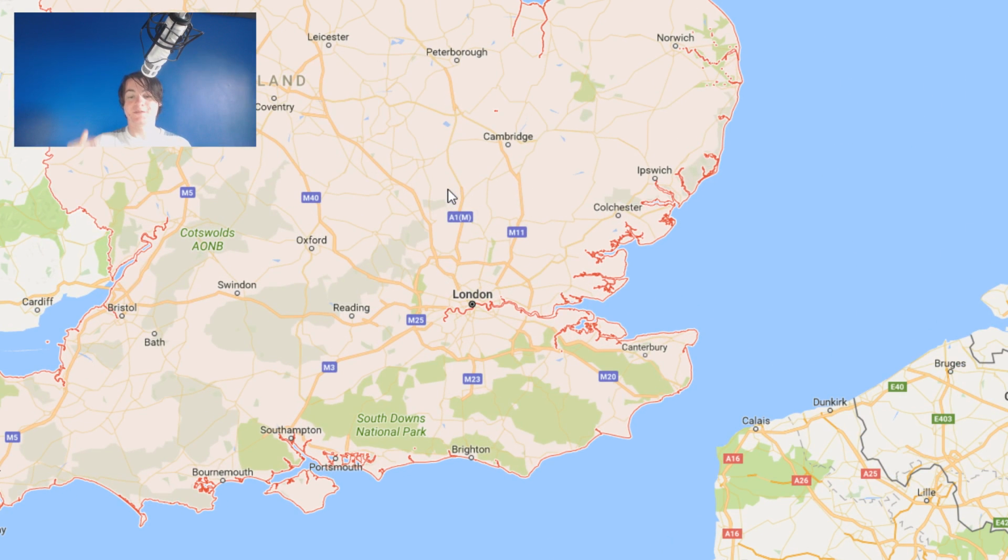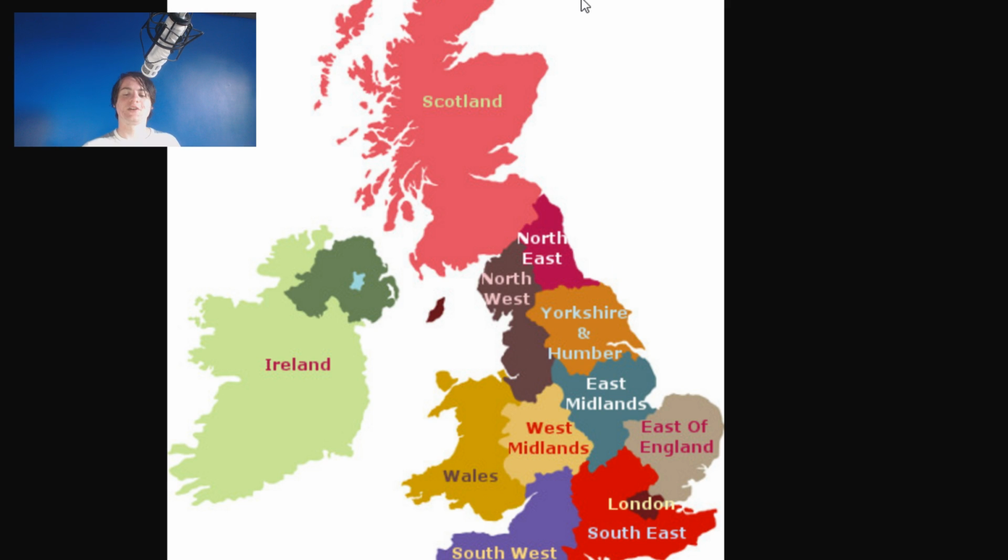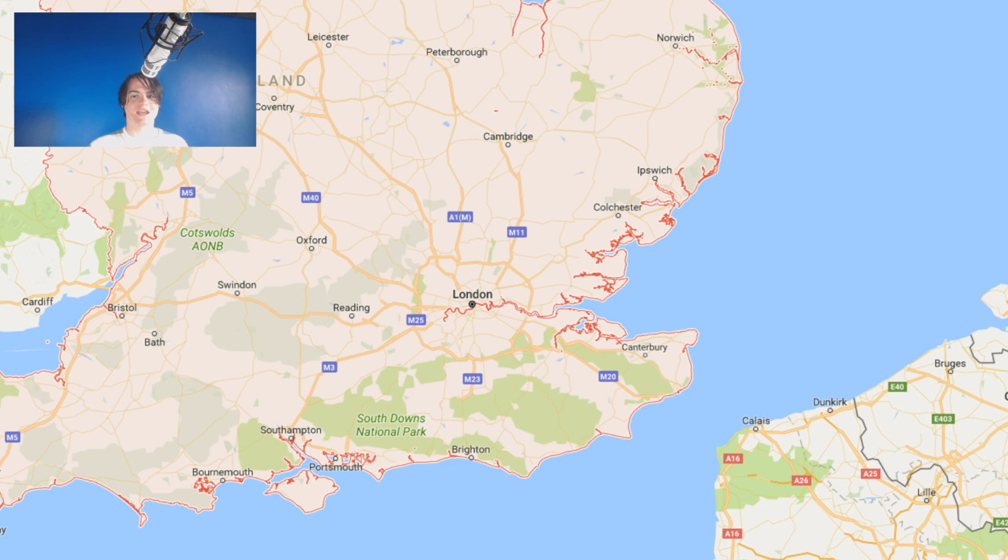used for any government purposes, and it really doesn't properly distinguish between all these different areas, because when you look at this map, you can kind of get the feel for it, like, oh yeah, the northeast is different to the northwest. I can confirm it's all vaguely the north up here, but you can definitely see this distinction between a Yorkshire accent, a northeast accent, a northwest accent. There's all different places here, but then you get the issue where, wait, the northwest is just this giant stretch right here, or like, oh, the east of England, the East Midlands and southeast have a really weird dividing line between them,